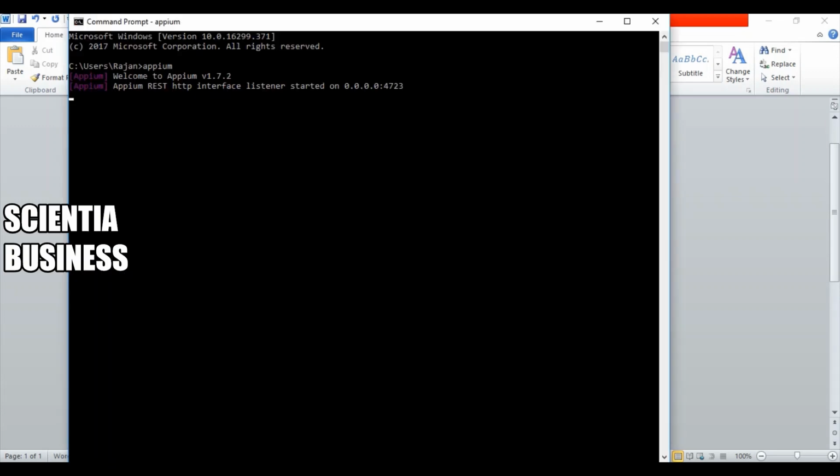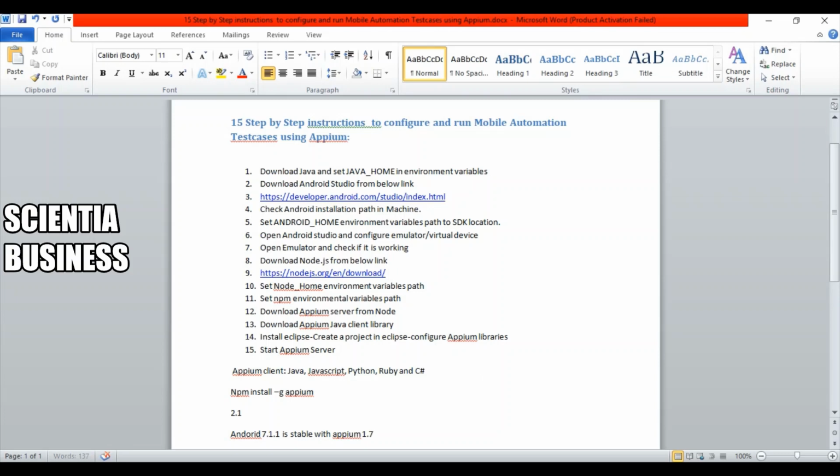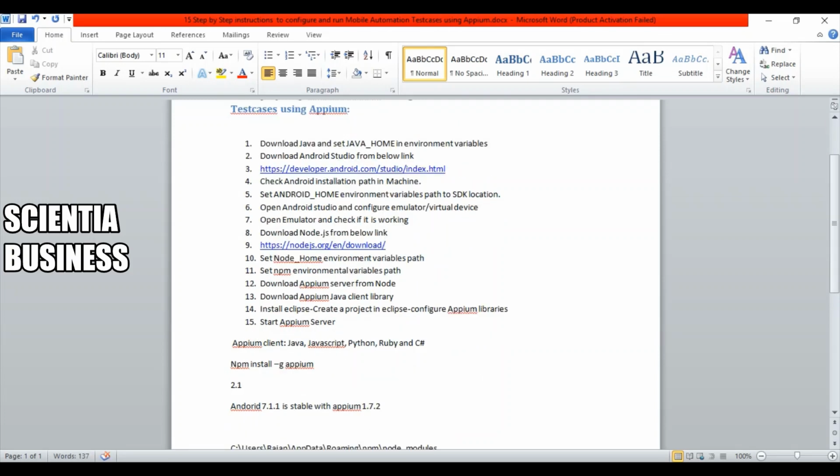What is the version that we are using right now? 1.7.2. So might be 1 year from today, the latest Android version is, say, Android 11, and it might be stable with APM 2.1, right? So you don't need to worry about this, because the APM guys are updating their server so that it is compatible with the latest Android at that point of time, right? I think I've explained my point clearly here.